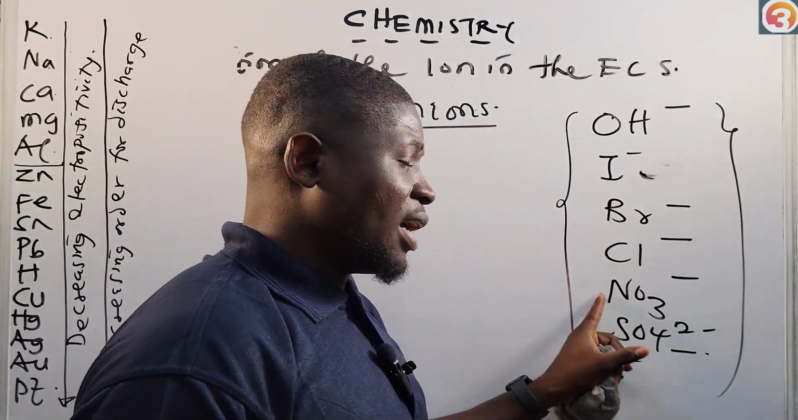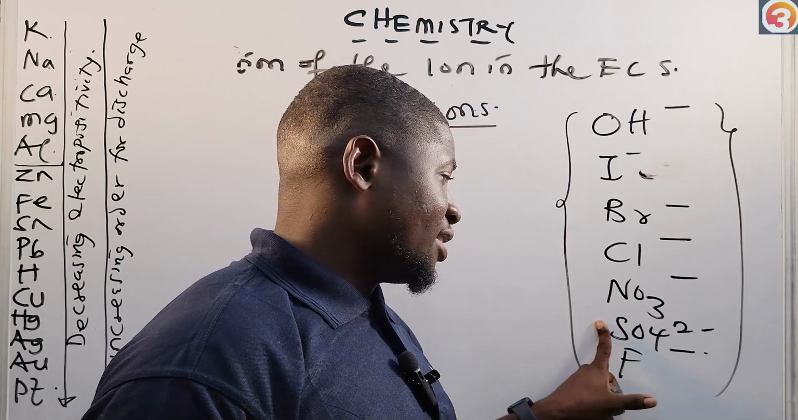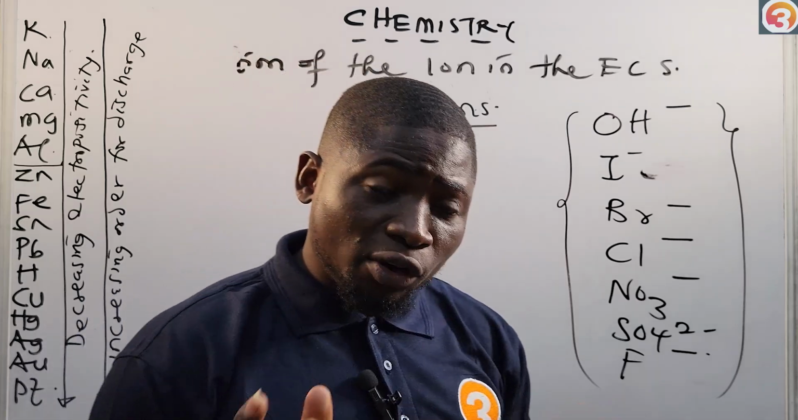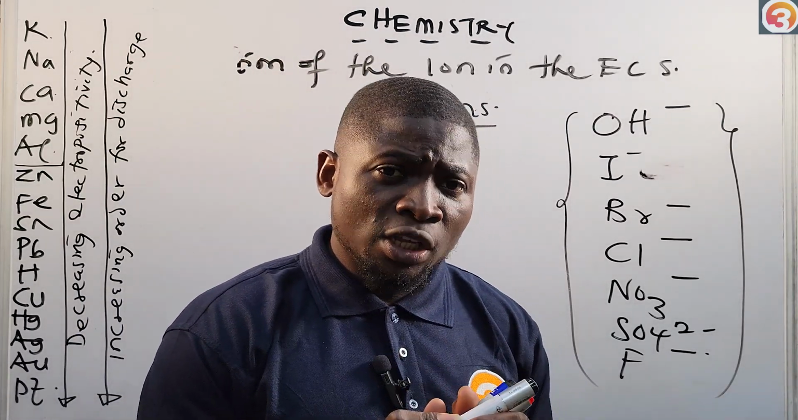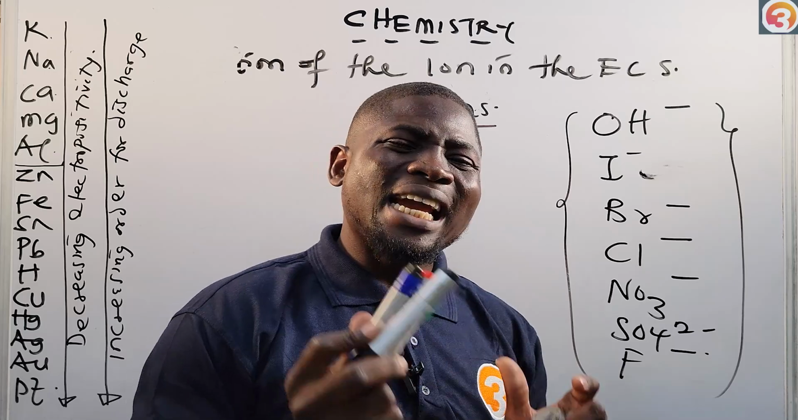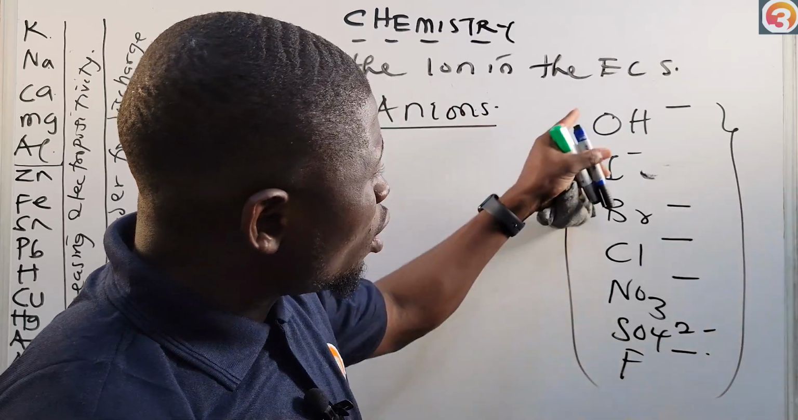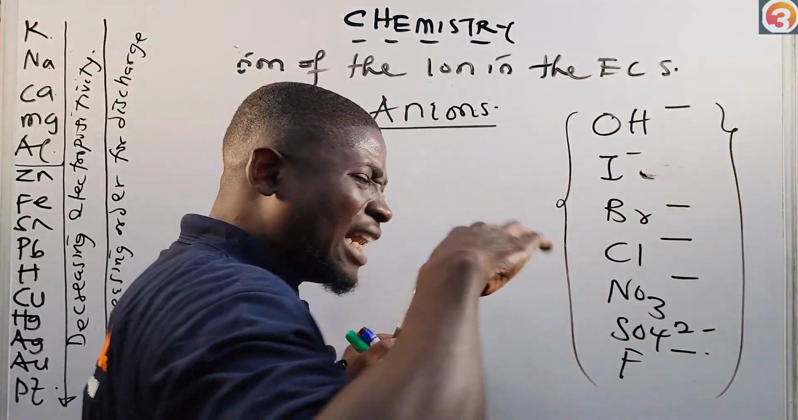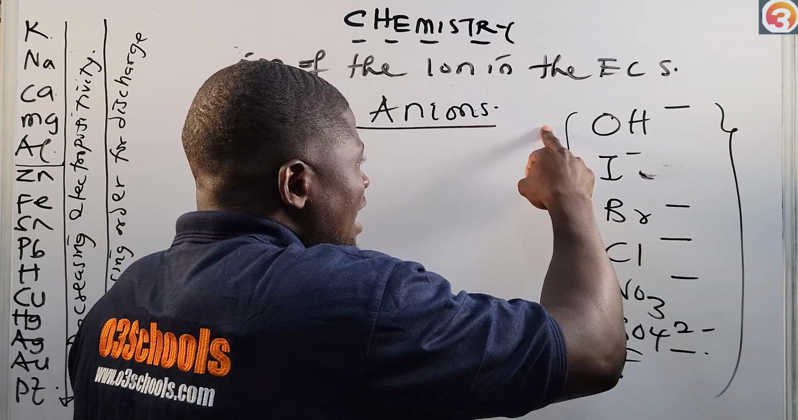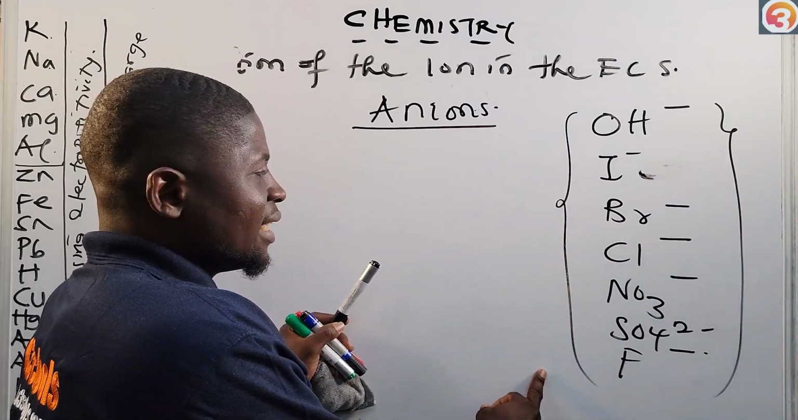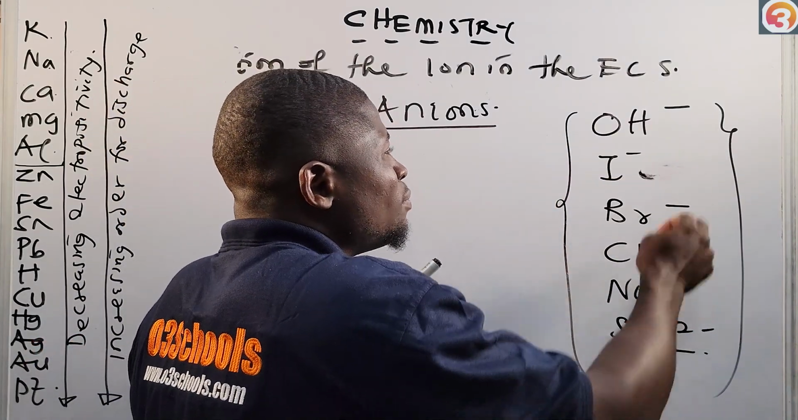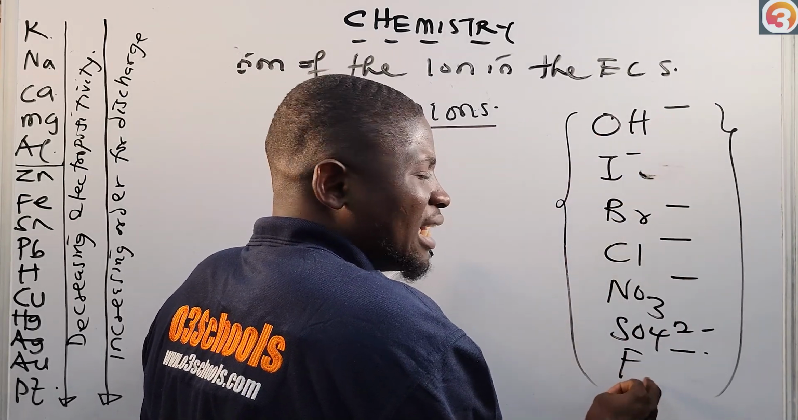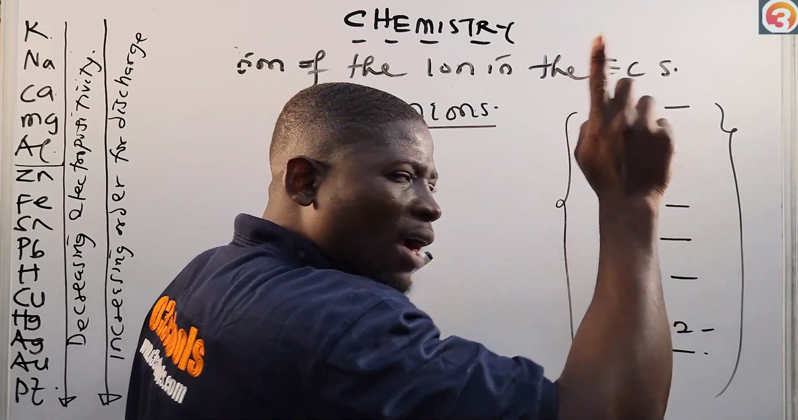Then we have bromine, chlorine, nitrate ion, sulfate ion, then fluorine. Fluorine is the most electronegative element. If you followed us when we did our study on the periodic table, we told you that fluorine is the most electronegative. In this order, it is very obvious that fluorine is the most electronegative element. That means electronegativity is increasing as we go down the group, right? And this means that fluorine is more electronegative than OH. That means OH is less electronegative than fluorine, and that means OH is more electropositive than